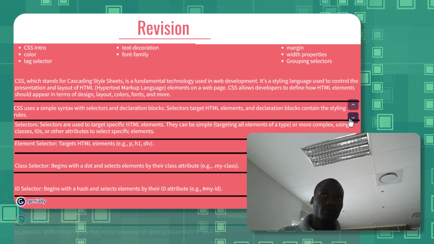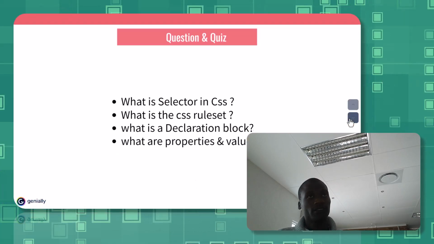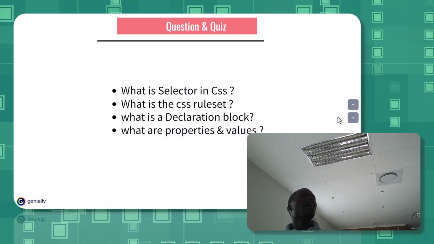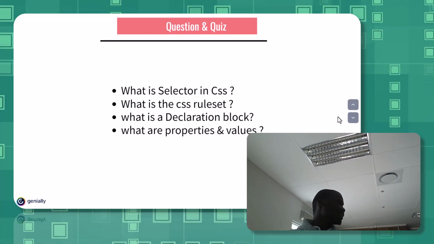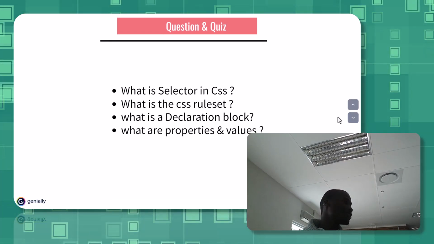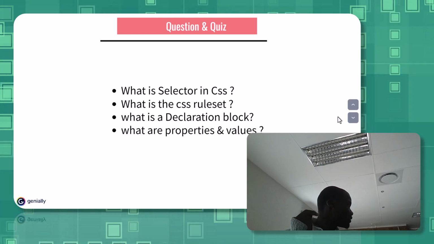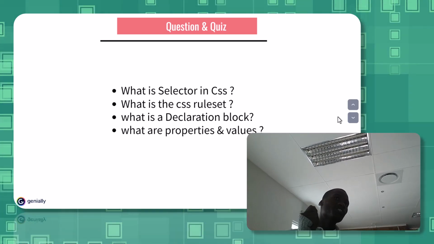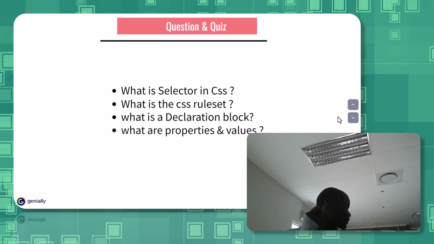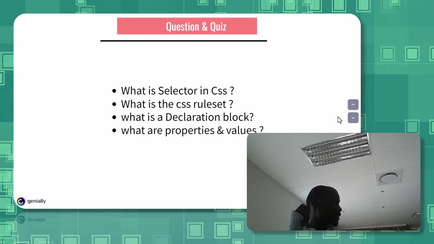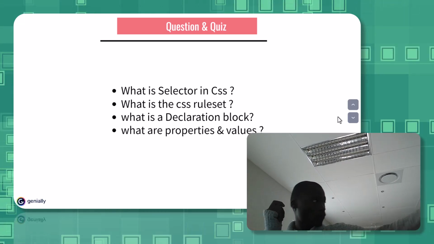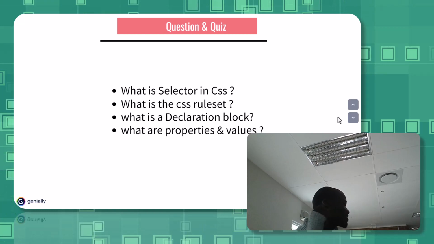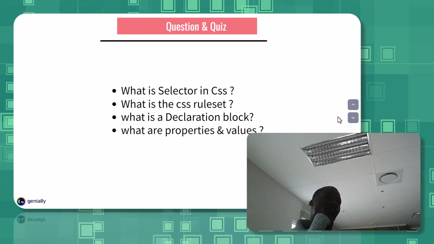Is that clear? Good. So Aisha, Sindiswa, guys, are we all still here? I have a question for each and every one of you. Let's start at the back. So what is a selector? A CSS selector is